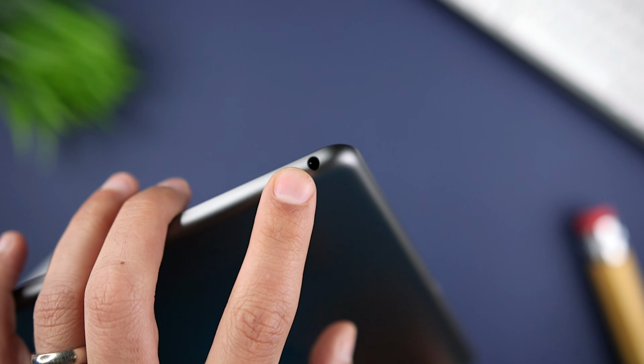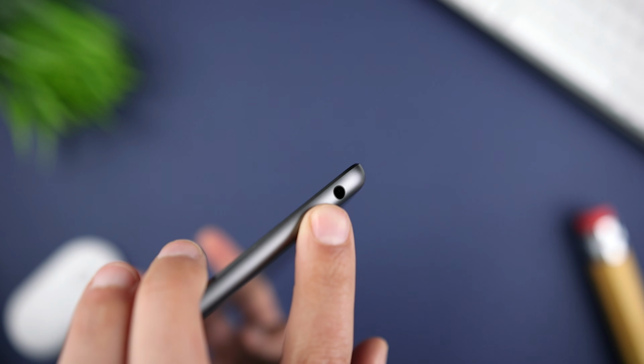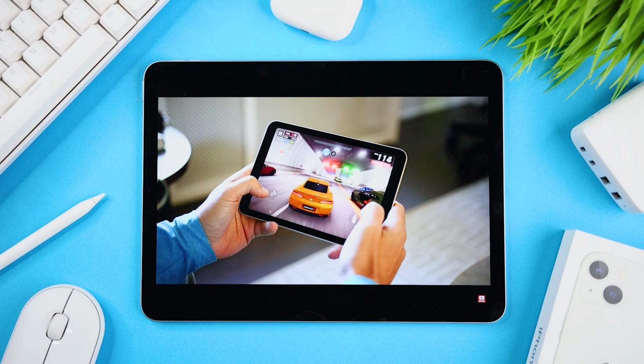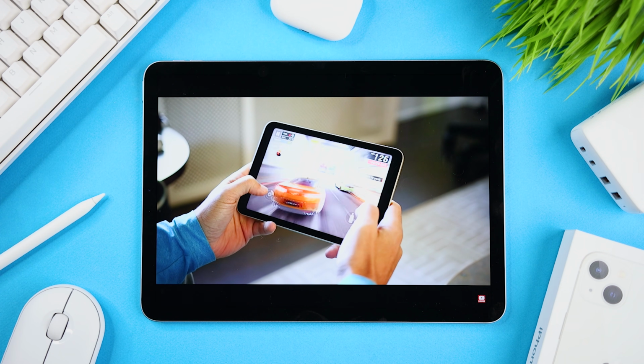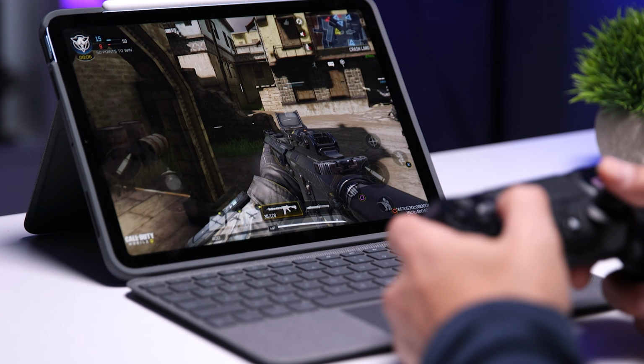If you're looking to use headphones, then the iPad 9 comes with a 3.5mm headphone jack, whereas on the iPad Air 4, you'll need a USB-C to 3.5mm adapter. When you're watching content, using an adapter or a hub is not a big deal, but I'll talk about this more when we get to gaming, because in that case, there is a huge difference.